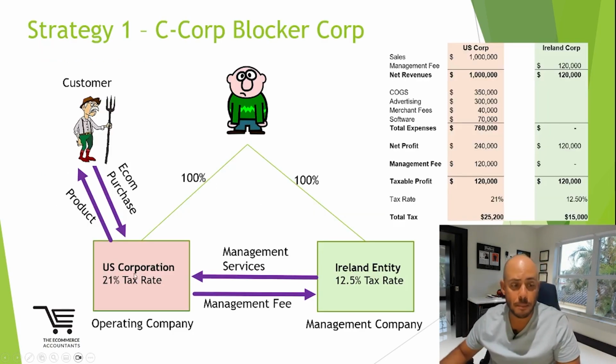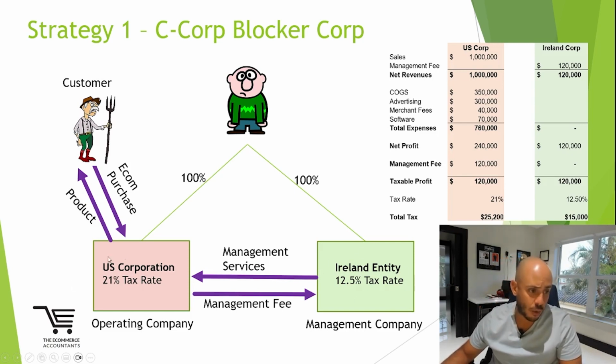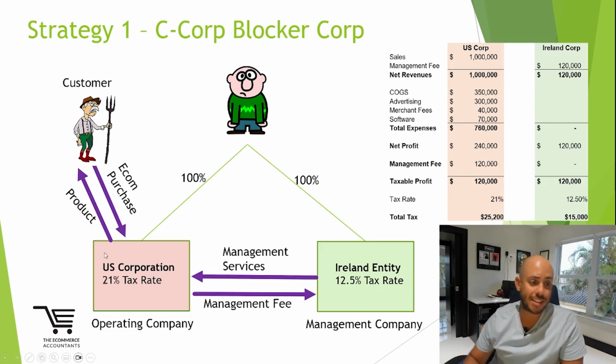And the last thing we have here is that the US entity will need its own bank accounts and credit cards. It's immensely important. That means this company cannot have the same bank accounts and credit cards as this company, or neither of these companies can have the same banks or credit cards as you as an individual. So you want to make sure that you keep all of the accounts separate. You pay your own rent from your own personal account. This company should be paying its own expenses. It should pay its own credit cards with its own bank account.